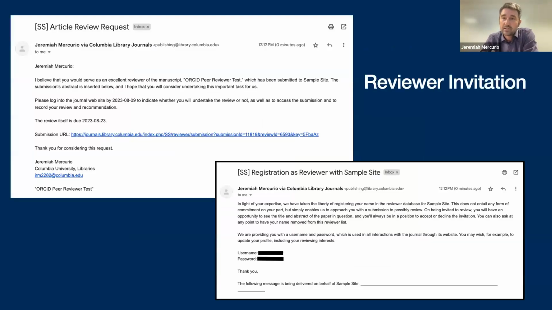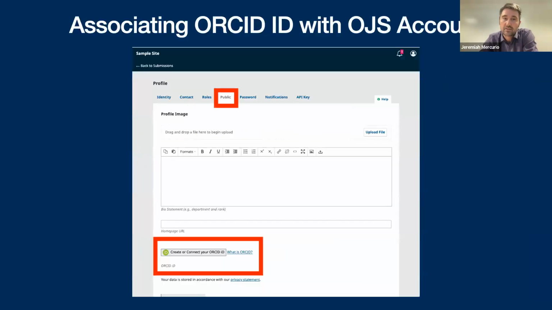Anyway, as a reviewer, this is probably review for a lot of you, but you'll get these messages, and if you're new to OJS, you'll get the registration email as well. So we get the article review request and the registration email. Then as you go to OJS to start to fill out your information, here's where we're going to authenticate our ORCID ID or create a new ORCID ID to add to our profile. At Columbia, and I can talk a little more about this later if there's interest, we're actually going to implement